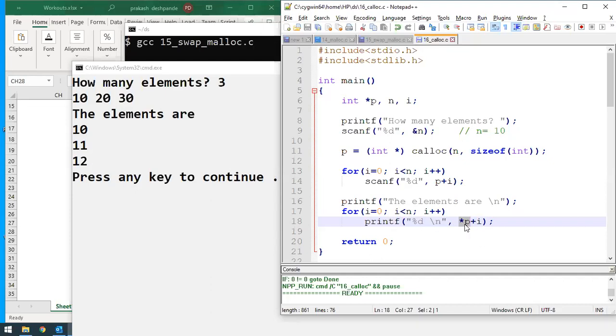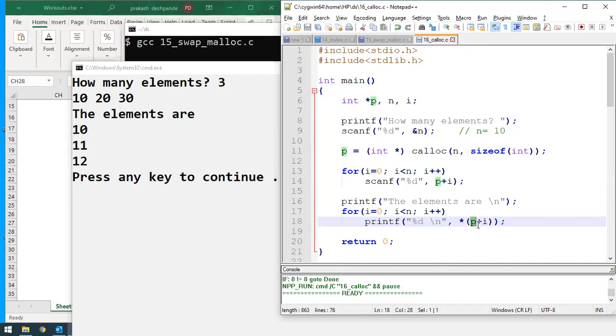So now, in order to get the correct result, we need to place brackets around the asterisk here. Now try to understand this code. Brackets have got highest priority. Now what will happen?